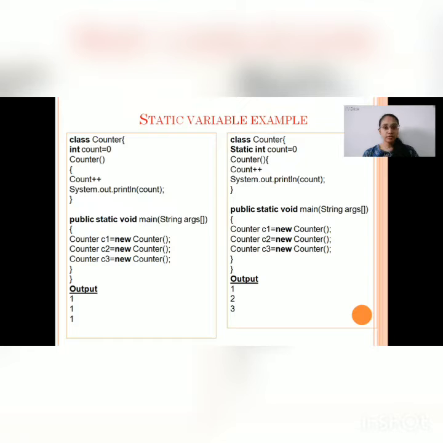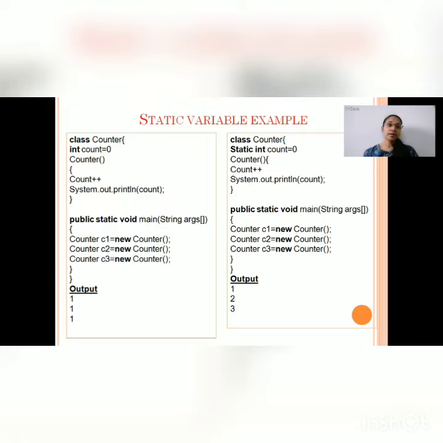As it is a non-static variable, when it is called using C1, a different memory will be allocated and the value of cout will be 0. So it is incremented to 1. Again, when it is called from C2, new memory will be allocated and it will start from 0.